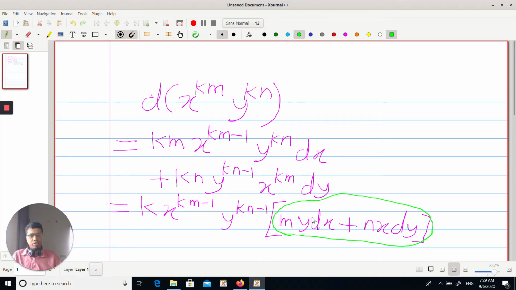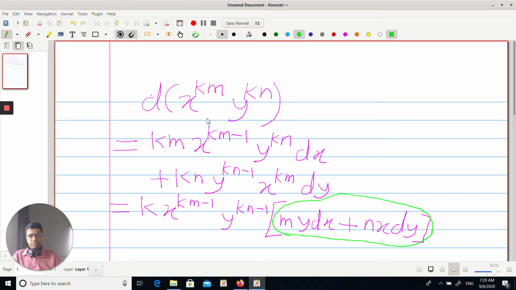But here we have m into y dx plus n into x dy. However, the left hand side d of x raised to km y raised to kn suggests that if we multiply by some factor, then we may have